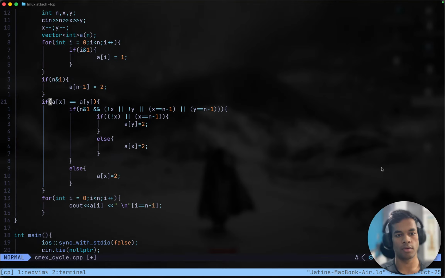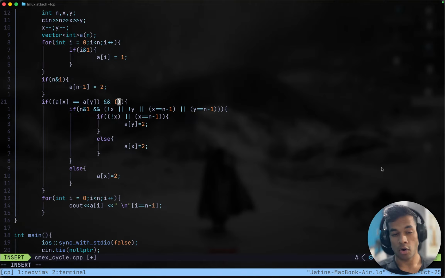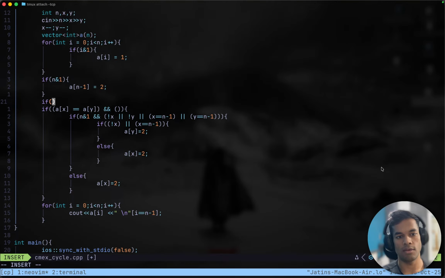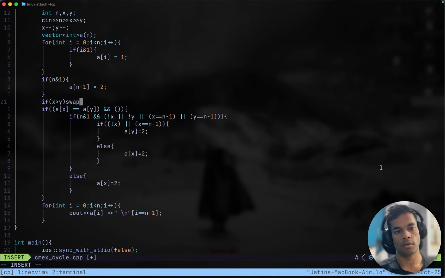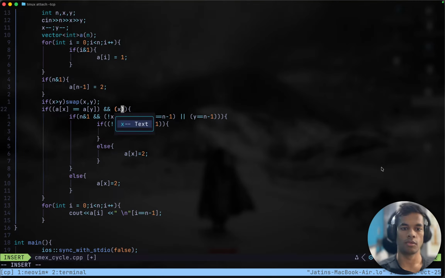If x and y are equal to each other and they are already not neighbors, let's make it so that if x is greater than y, swap x and y, so that x is always greater. X is always greater, right? So if we do